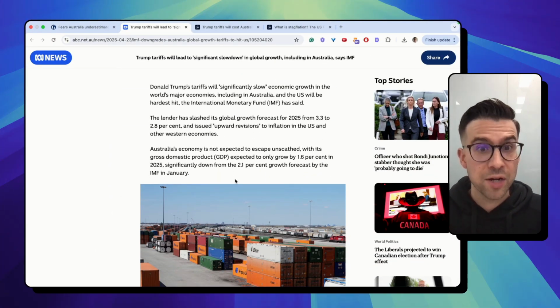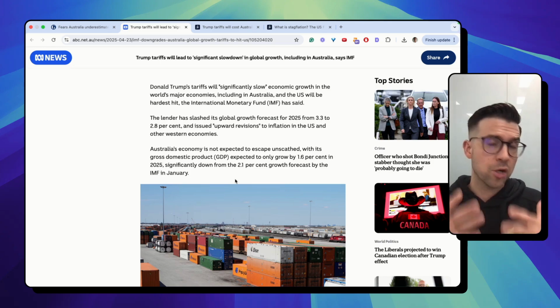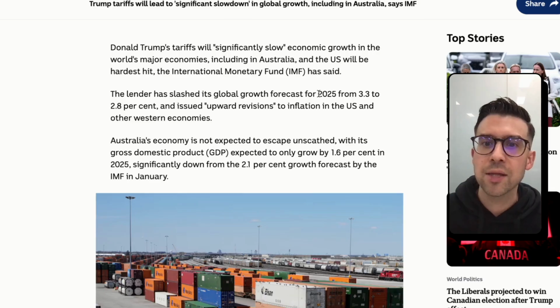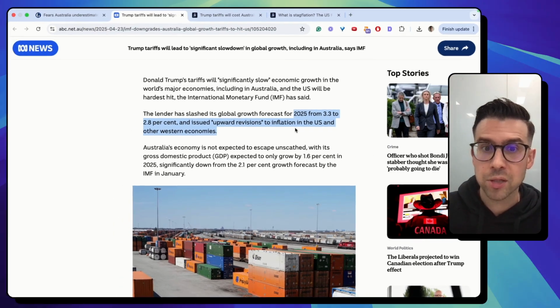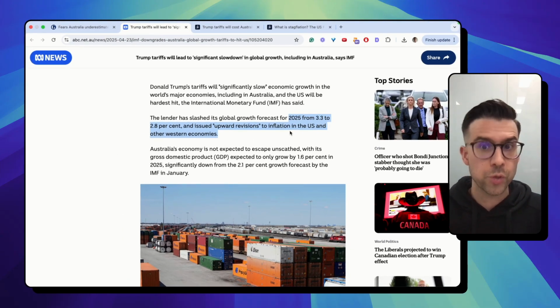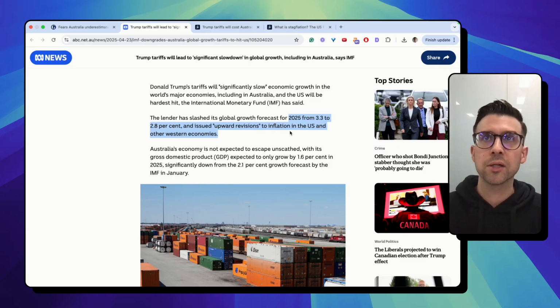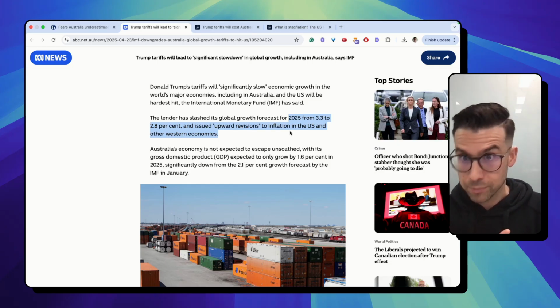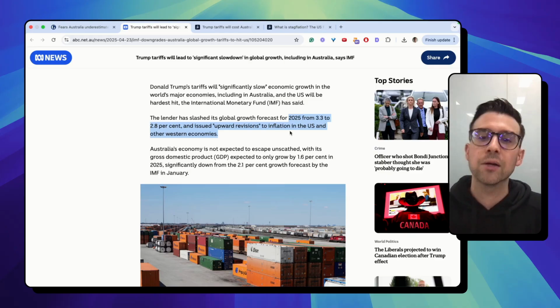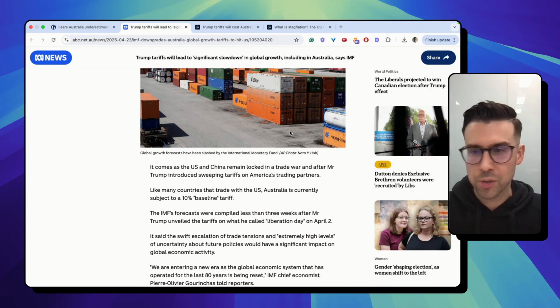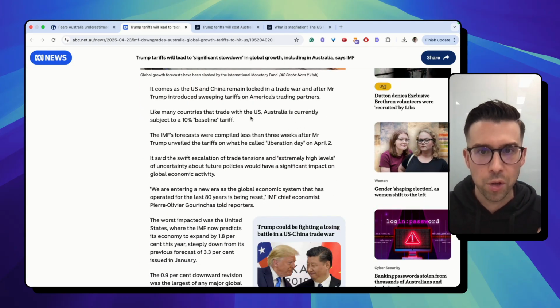And what they've also identified is that this is not just going to have an impact on Australia, it's also going to have an impact on the global economy, right? And so we can see here that the IMF has basically slashed its growth forecast for 2025 from 3.3 to 2.8. So again, about 0.5%. Interestingly, the slash they've done to Australia, 0.5%, is what they're also expecting the global economy to have, 0.5%, okay? So we can see they're expecting a pretty similar impact for Australia.